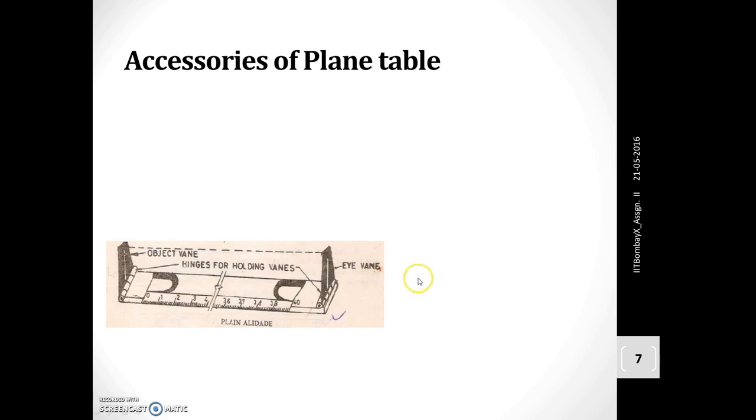Certain accessories are essential for the due usage of the plane table. On the table, we have to mount this particular plane alidade in order to sight certain objects and draw lines by making use of this graduated edge, which is called the fiducial edge. This plane alidade can be converted into a telescopic alidade.